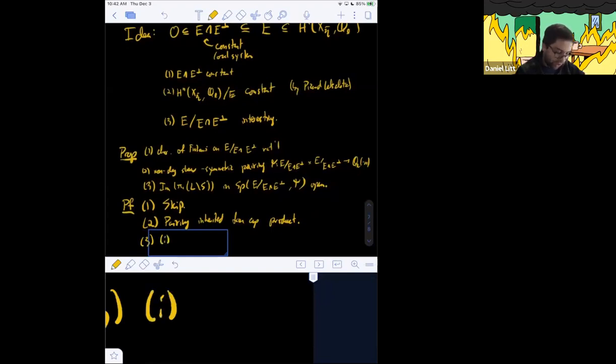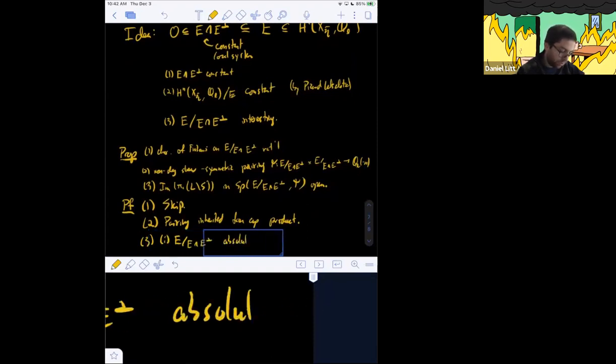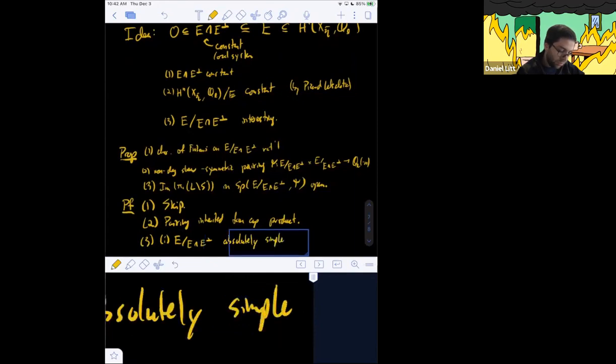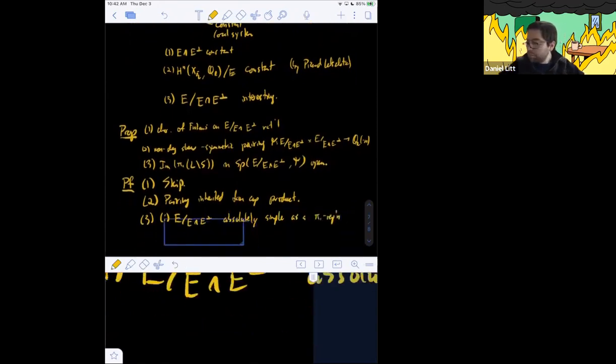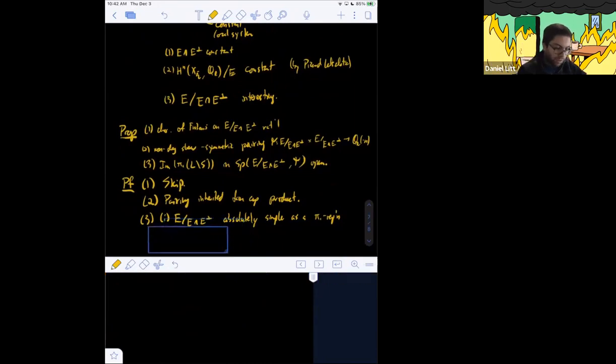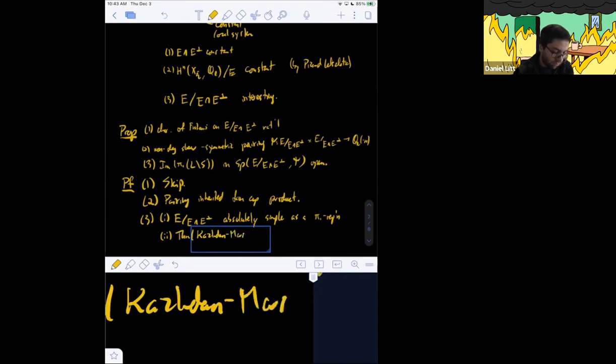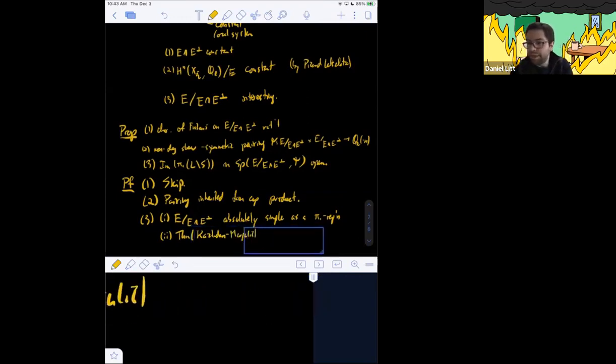So step 1 is to show that E mod E intersect E perp is absolutely simple as a pi1 representation. Okay, so this will follow more or less immediately from the Picard-Lefschetz formula and the fact that vanishing cycles are all conjugate to each other. And then part 2 will follow from a theorem of Kazhdan and Margulis, which is that